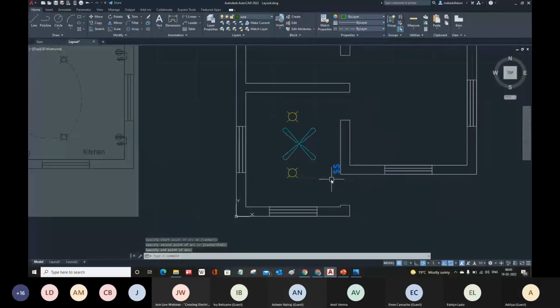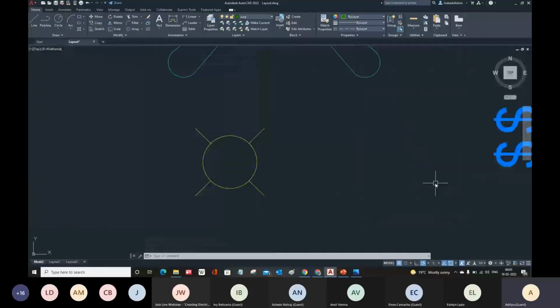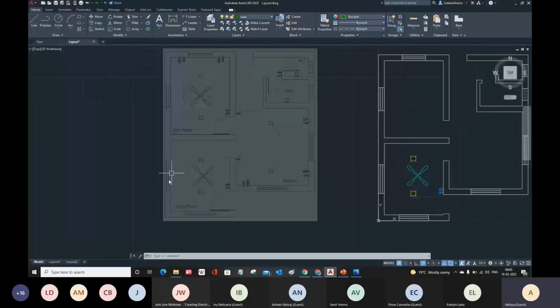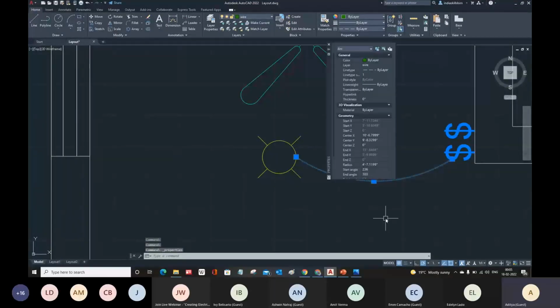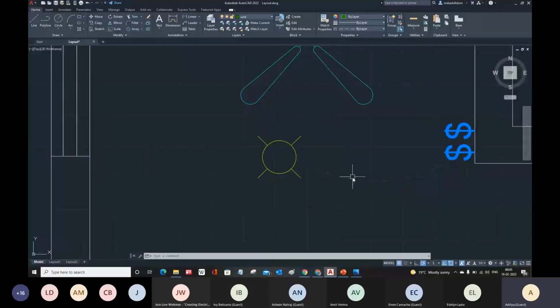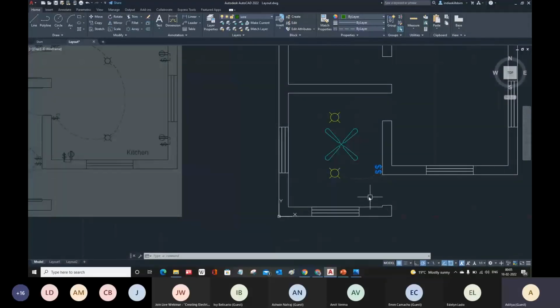But this arc, you can see this line type scale is something different. This is not properly visible to me, so I should increase it. Select the line, Control 1 for properties, and there you go. From properties palette, you will find line type scale, which is 1. Let us make it 6 times. Enter, close the dialog box, hit escape key to deselect everything. You can see our line type has been updated.